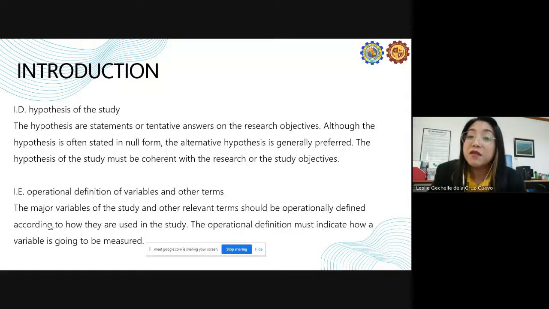Then, operational definition of variables and other terms. Ito yung definition of terms. Kaya nga sabi dyan, operational definition. Kasi the major variables of the study and other relevant terms should be operationally defined according to how they are used in the study. Yan yung sinasabi ko sa inyo mula nung nag-present kayo. Hindi ko pa pinasasama, sinama nyo eh. Ang nilalagay doon,